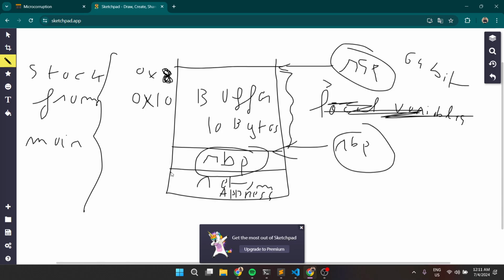Now each address should be pointing to 8 bytes. That means that the RBP is going to take 8 bytes of size, and then the return address is also going to be 8 bytes. So the thing is, if we can try to override the RBP and then override the return address